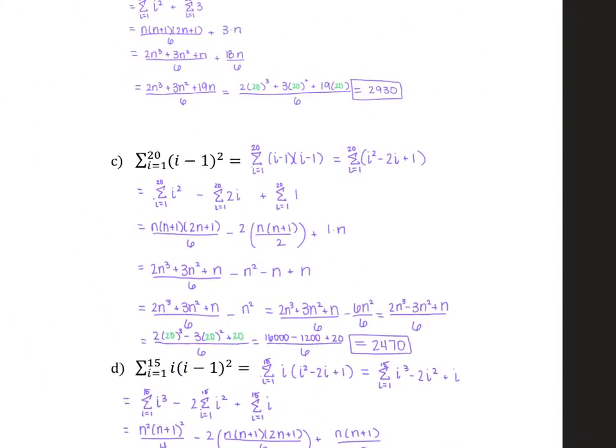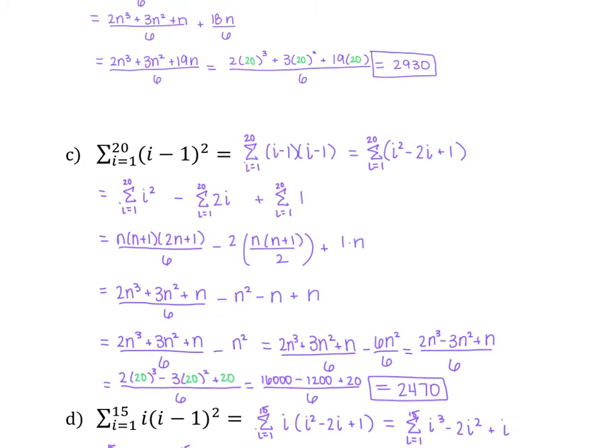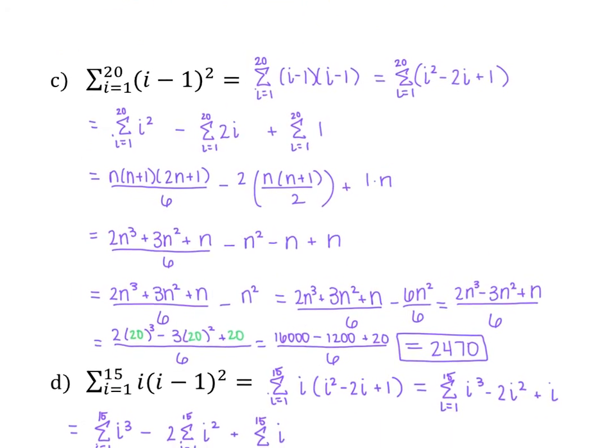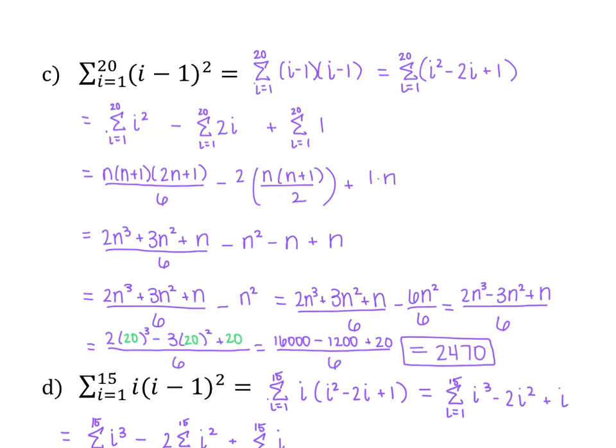Let's do C. So looking at example C, you're going to have to remember your rewriting abilities. So for instance, this is a binomial squared. You want to make sure that you FOIL that out and just have 3 terms to work with instead of